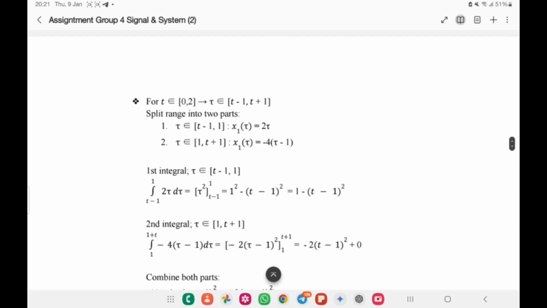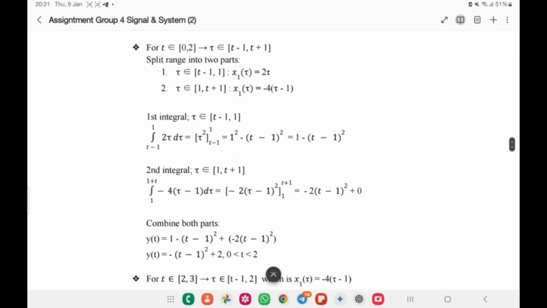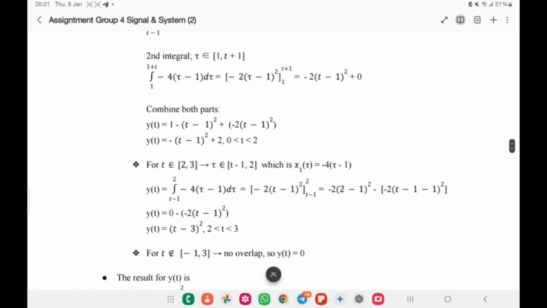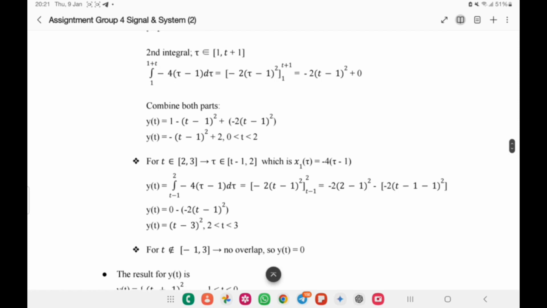For the next one, we have 2 parts of the integral, which are t minus 1 and 1. For the second, 1 and t plus 1. So the first integral we substitute from 1 to t minus 1, and the second from t plus 1 to 1. So we combine together, and it becomes y(t) equals negative (t minus 1) squared plus 2, for 0 to